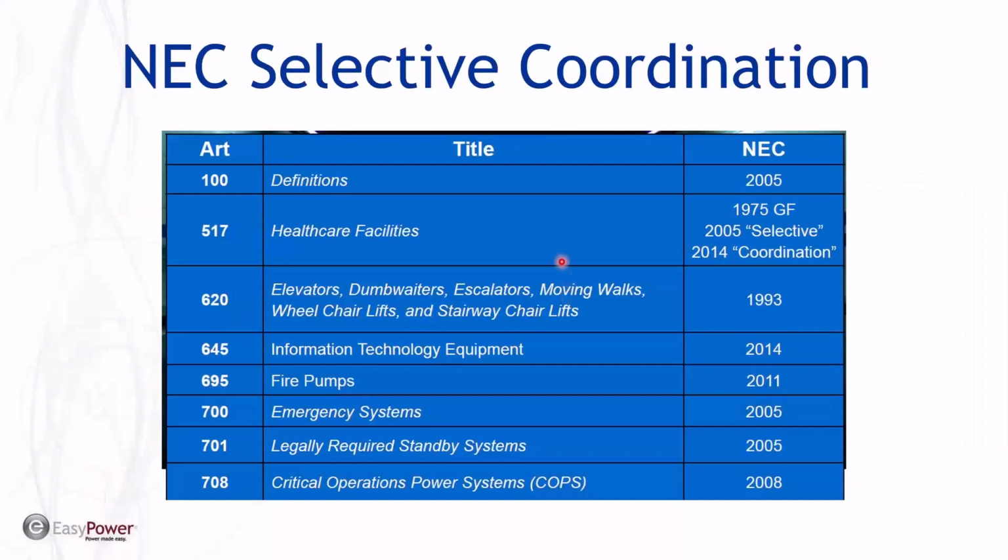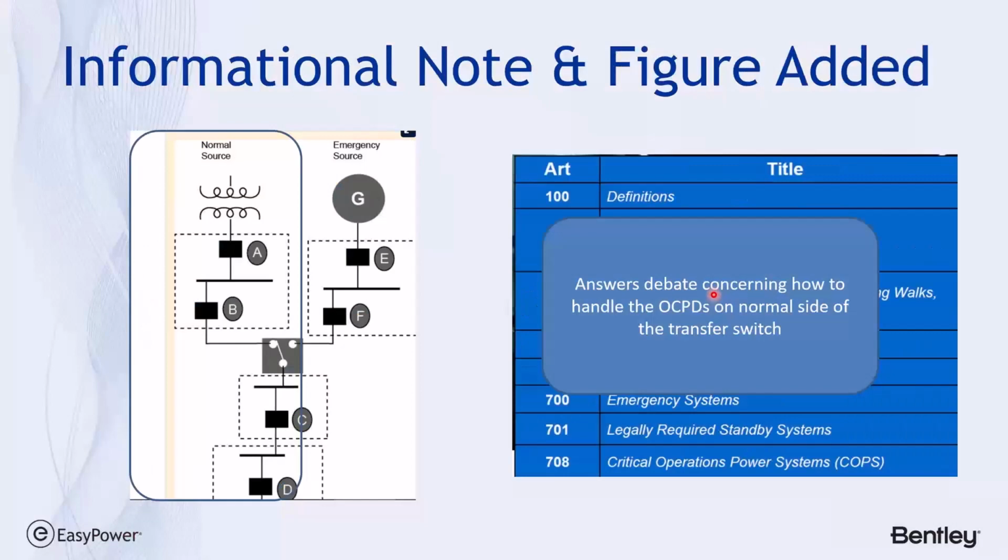Now, NEC doesn't require selective coordination except on mission critical loads. And so they give us a list of this in the National Electrical Code, and these articles go through the different elements that were required and when they were added to the NEC. In 2018,